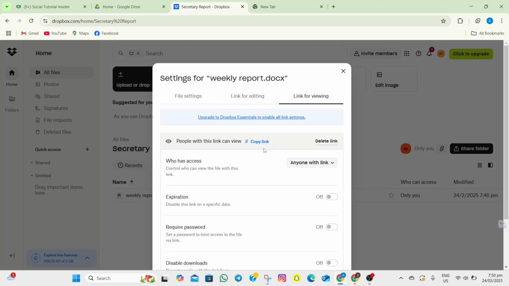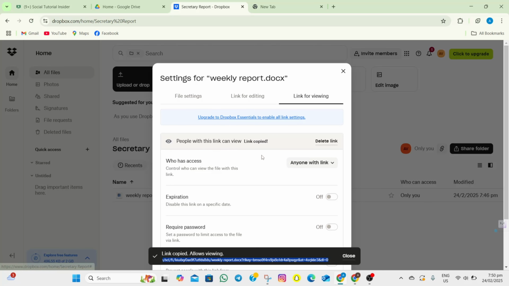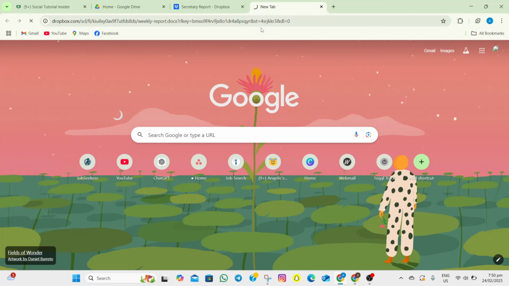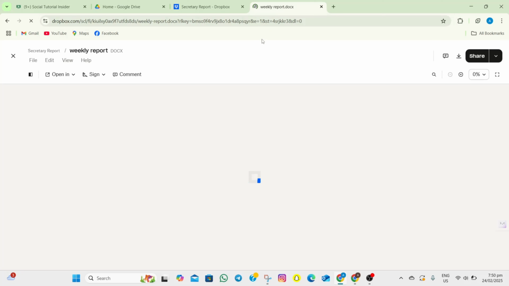If you haven't created a link, you're supposed to see an option here to create a link. All you need to do is to tap on that option. Once you have the link, simply tap on this copy link option and then open another browser. In here, we'll have to paste the link, and then after that, it will automatically show us the file of